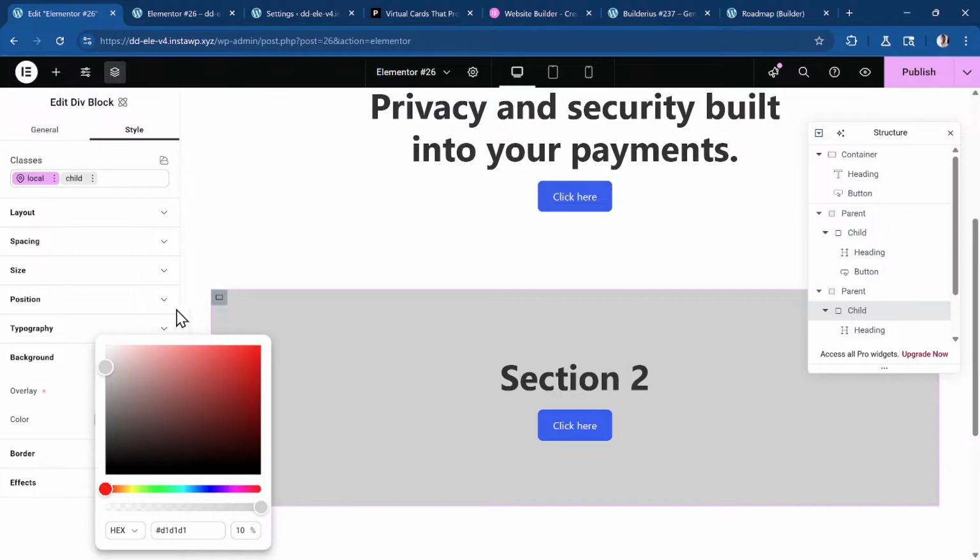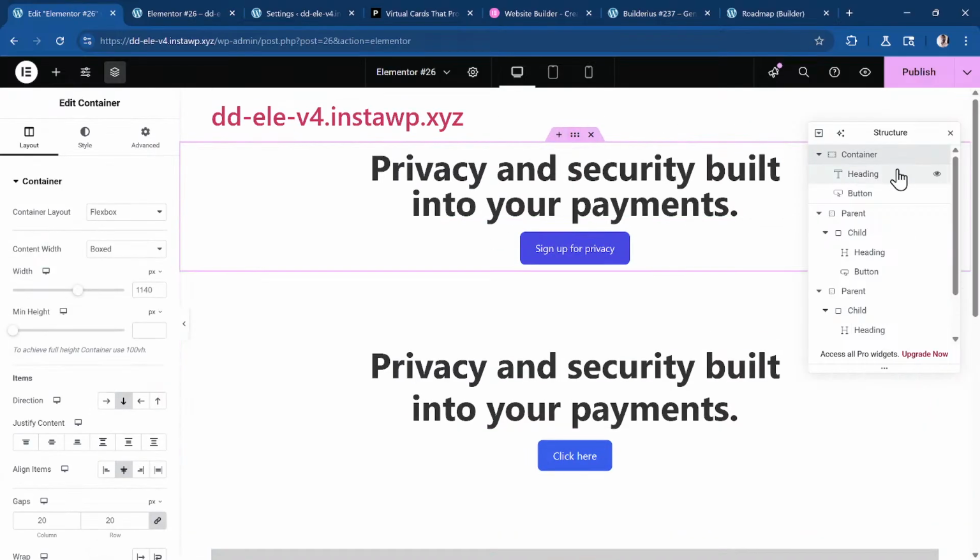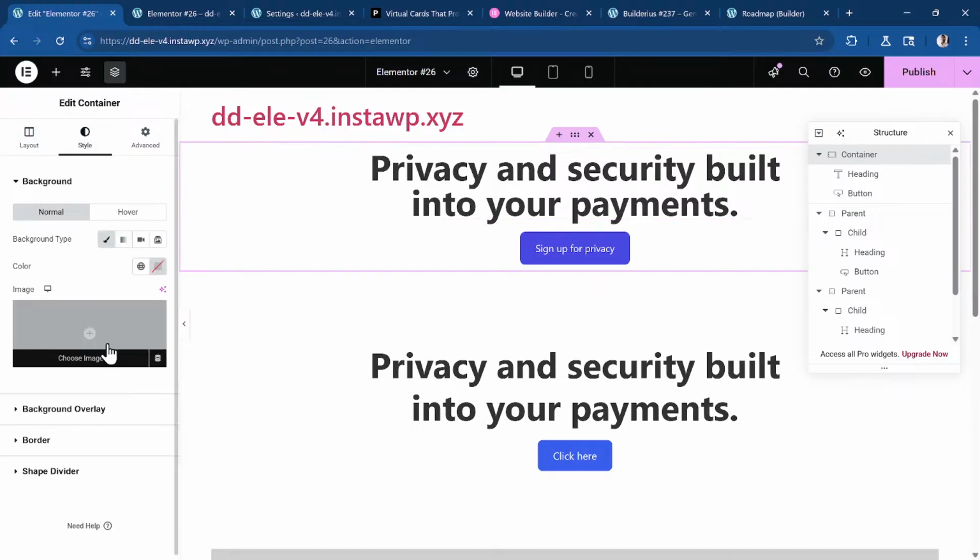This is one thing that we didn't have in the previous one. Previously with Elementor's version 3, because the container and the inner container are all one element, you couldn't add a background color just to the inner container. You had to add it to the parent container,